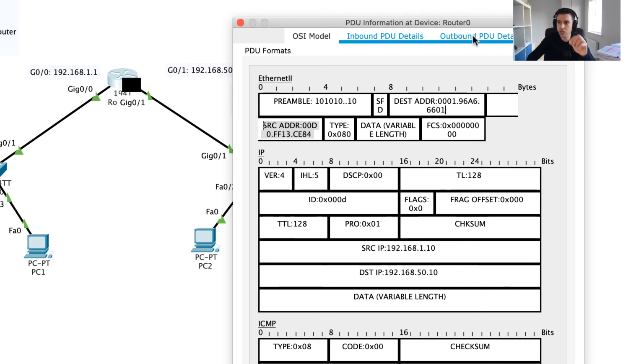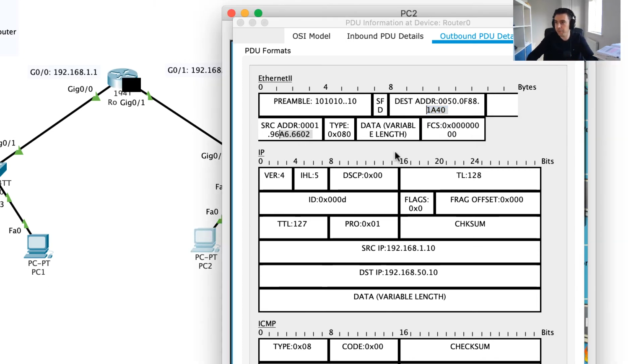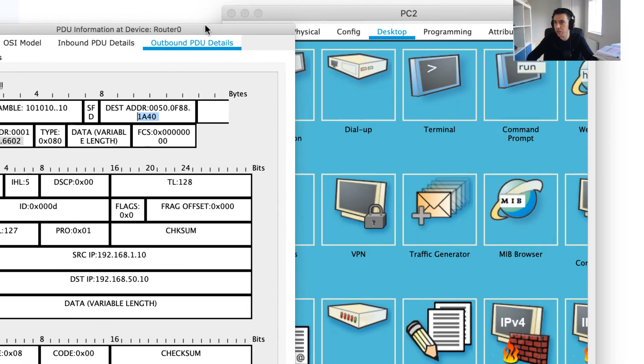It's going to switch out these addresses. I shouldn't say swap, guys. It's going to tear these off, so these are going to disappear. And what we're going to replace them with is a source MAC of gigabit 0/1 going to a destination of 1A40. Who's that? Well, again, if we go over to PC2, and if we look at PC2's MAC address,